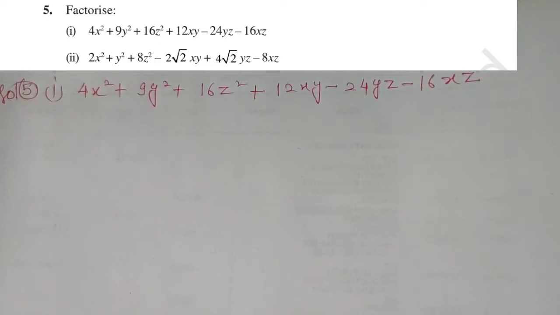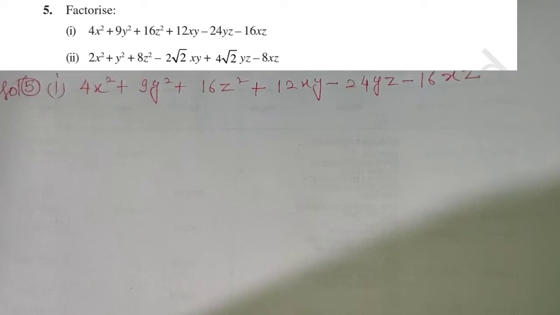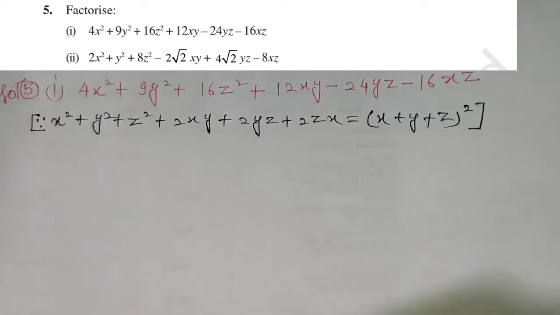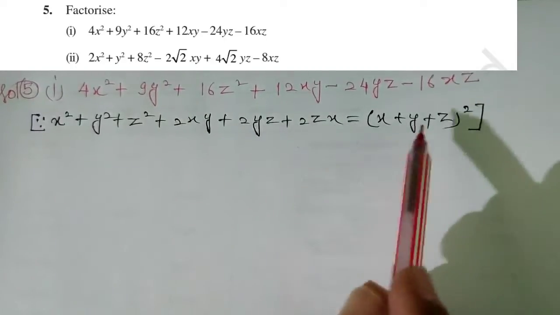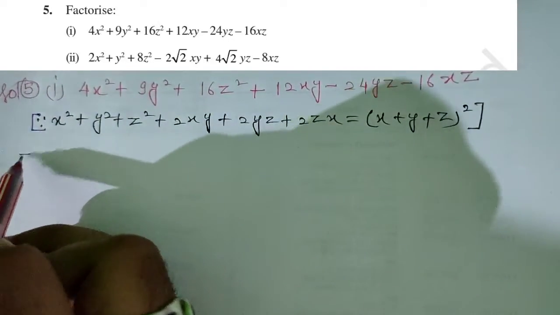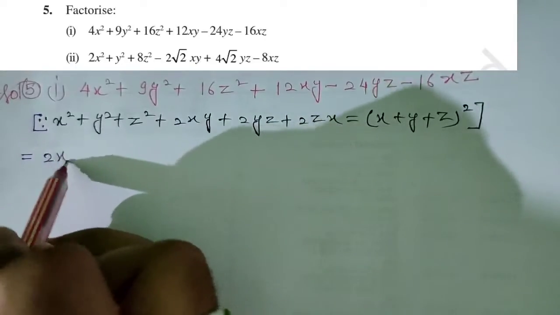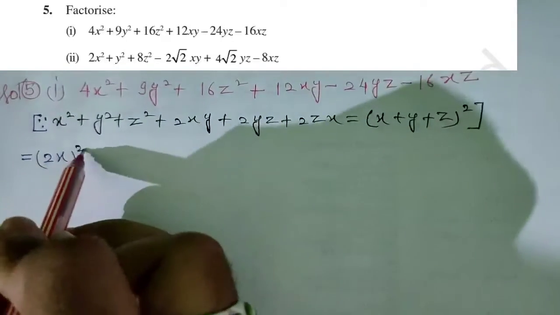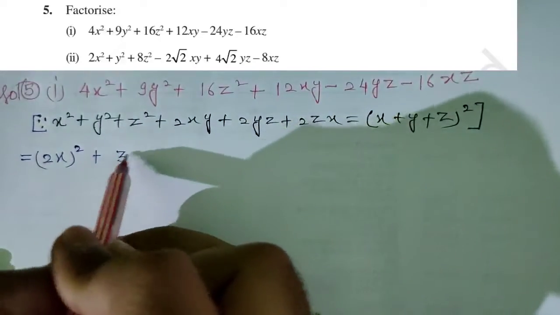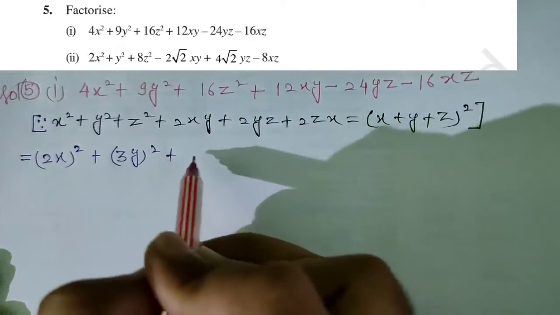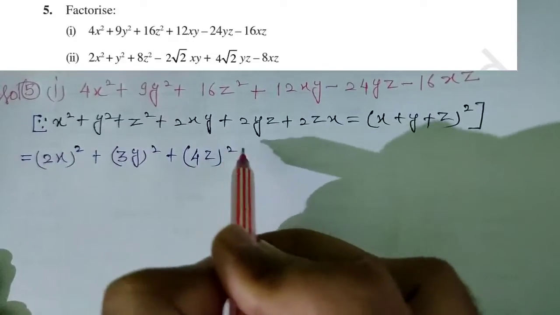Question number 5 says factorize 4x square plus 9y square plus 16z square plus 12xy minus 24yz minus 16xz. Now we will apply this algebraic identity to solve it. To analyze the question, we can write 4x square as 2x whole square, 9y square as 3y whole square,